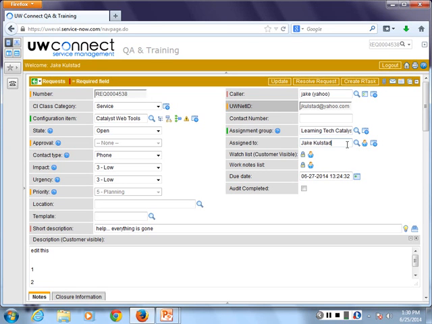Okay. You might come up with errors here if you try to add someone who's not a member of that assignment group. So this is actually a scoping mechanism to make it easier to search. For example, if I wish to add someone who's not in that assignment group, I can work around it and just start typing their name. See? I could put in someone else and then put it back. I'm not going to assign this to Carolee. She probably wouldn't be happy about that. But everyone okay with that? That's just a scoping mechanism for your search. You can work around it if you wish.